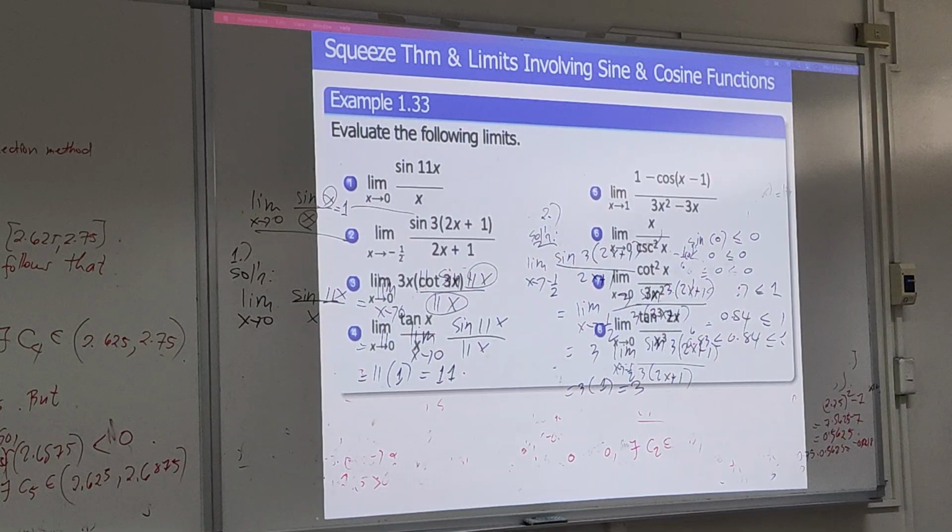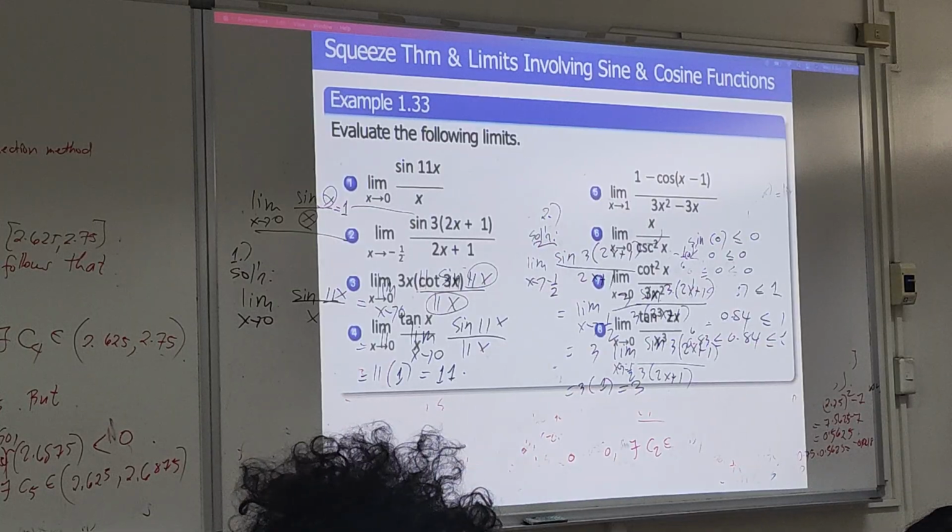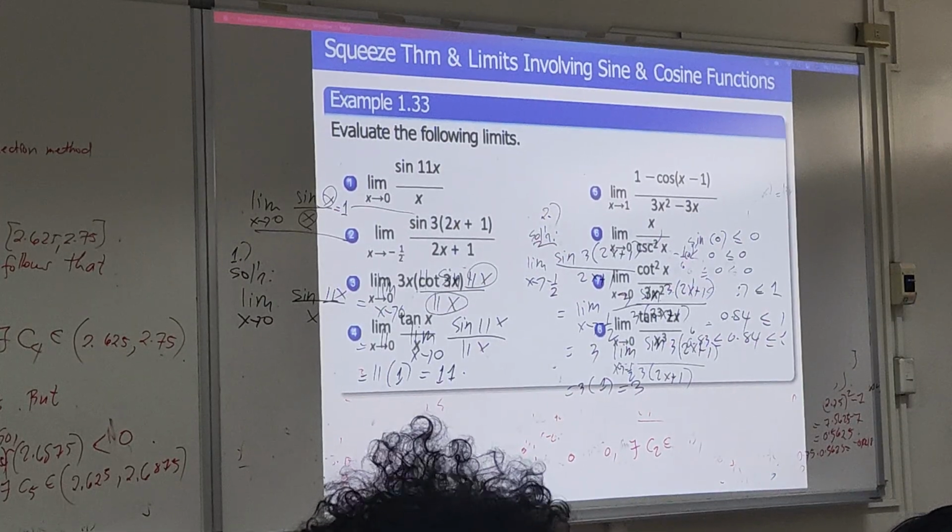Okay, answer number 3. This one is tangent. What is the quotient identity of cotangent? 1 over